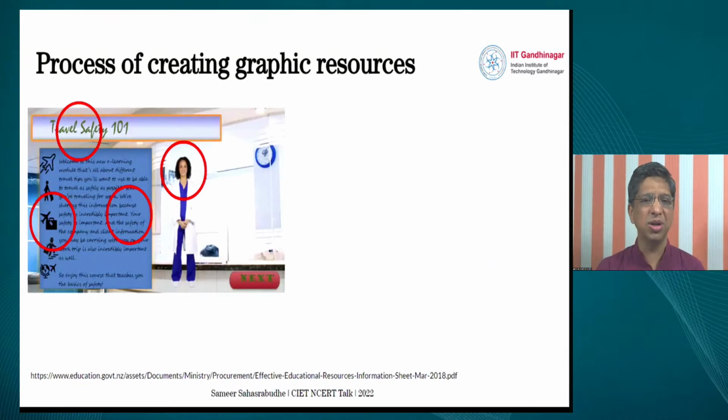So if you see this particular image here, which is about some medical e-learning content, although the technology used is very nice, like you have some text, you have some person coming and speaking, but when you see the design quality of it, you can see that the fonts are not very friendly.